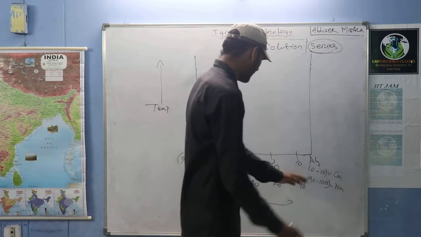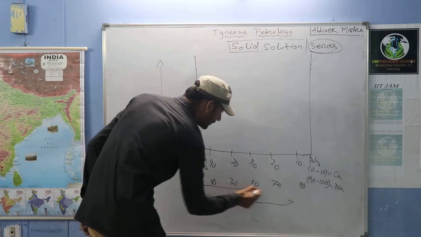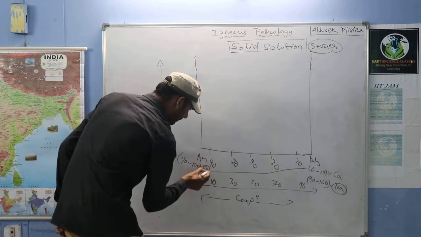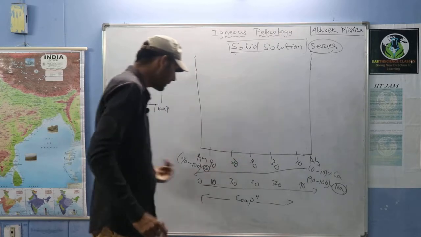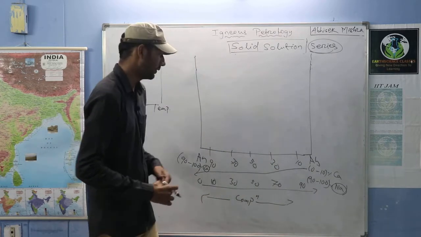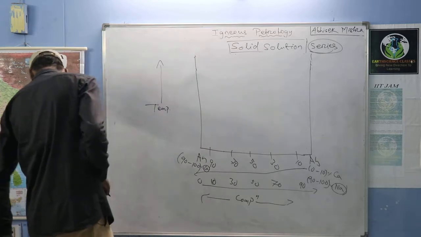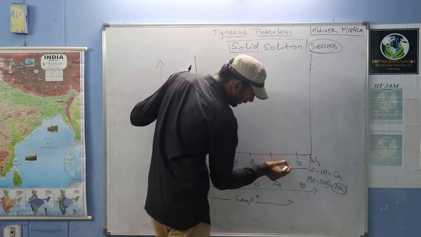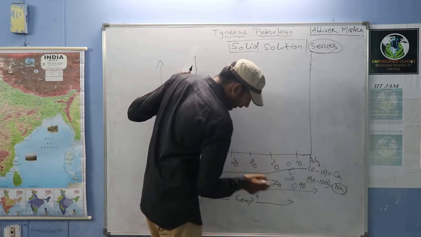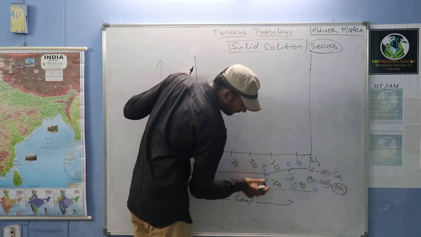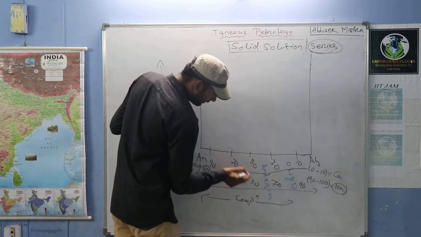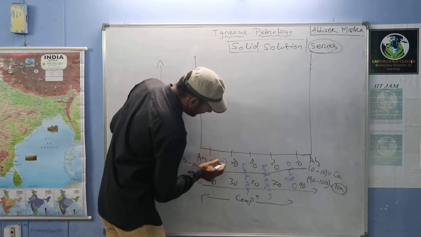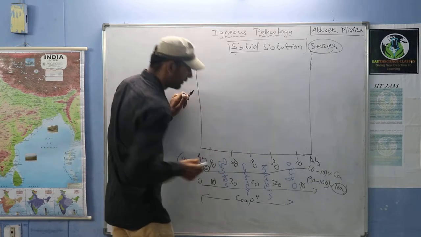So the second line is showing sodium, and the first line is showing calcium, right? So calcium is increasing in this direction, sodium is increasing in this direction. And as I have named these middle compounds, here it will be oligoclase, here it will be andesine, next it will be labradorite, and here it will be bytownite. Okay,